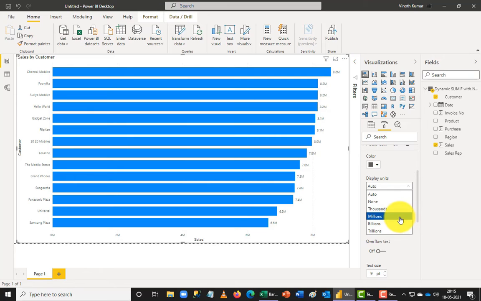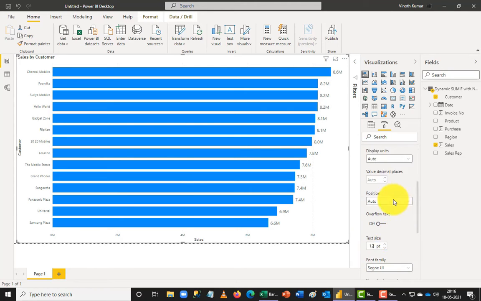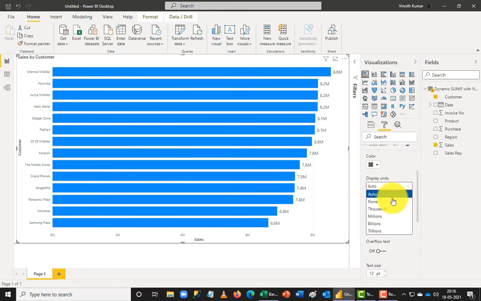So if you want to specify a million here, or you can say billion, trillion, thousands, anything that you want to do, you can do that. I'm going to just use the font size alone in this list. I'm going to make them 12 and give an enter. So now you can see them very clearly. If you want to change the point of the data better, I can just change this to a none.